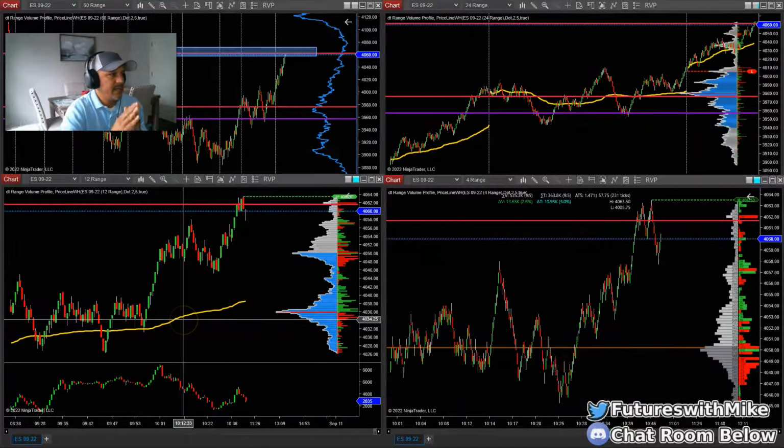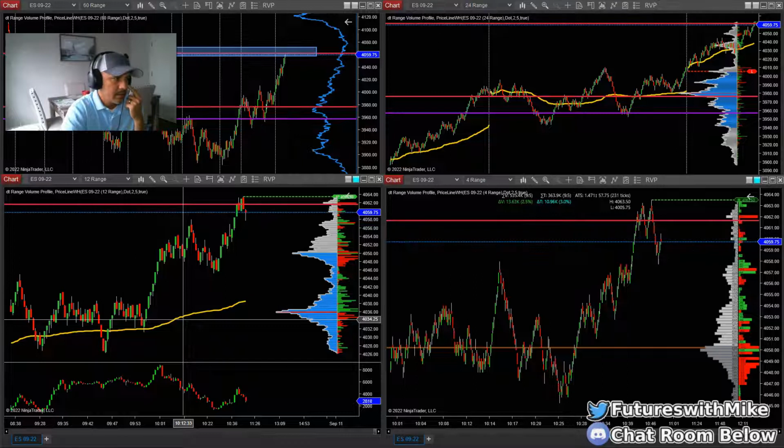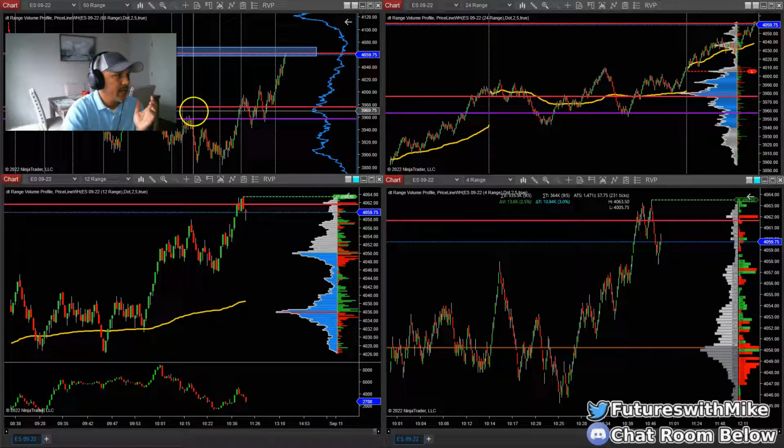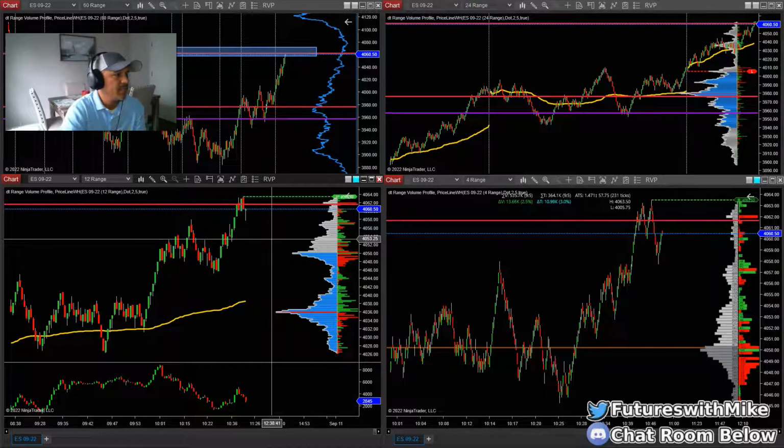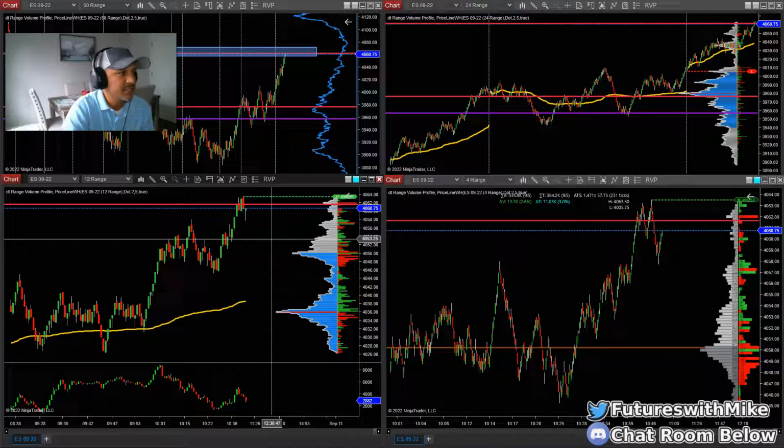So we have to be careful about taking longs at this point here because we are hitting a major area of resistance off the 60 range chart. Not saying you can't take longs, but because we are hitting this major area of supply off the 60 range chart, we got to be very careful on how we trade. So I'm looking for basically the market to unfold itself and set up to start making swings to the downside to where I can look to take retracements or pullbacks to go short.